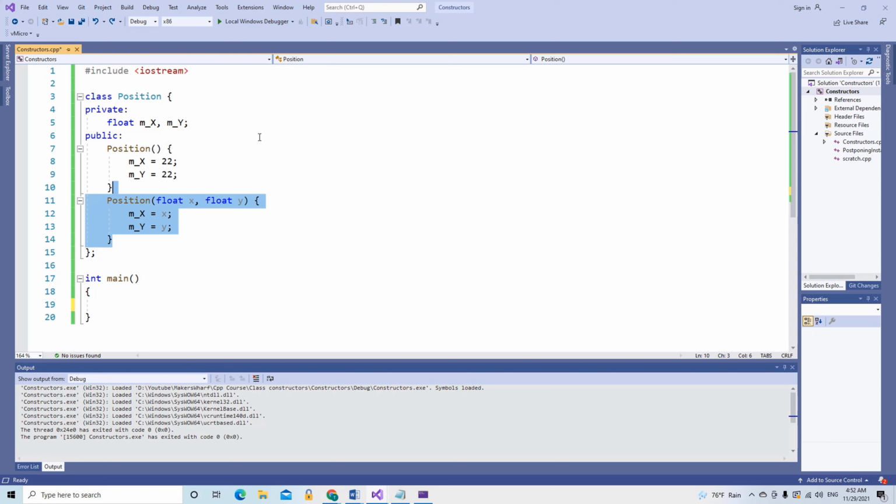Now, if we declare a position variable, like so, this line of code will create an instance of the position class by calling the default constructor, since we have not passed any arguments on this line. In fact, if we comment out the default constructor, the compiler will complain, knowing that this line of code requires a default constructor and we don't have a default constructor. And if we uncomment and run this code,